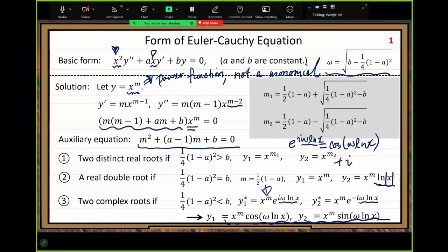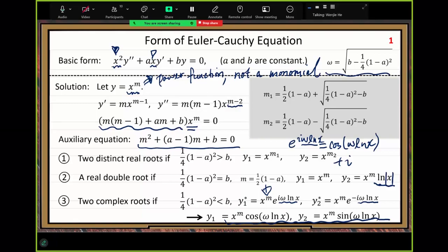Natural log. Let me see. How do we get this omega natural log? So this omega, e. So x to the